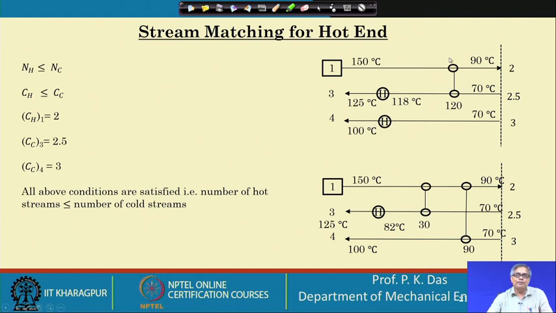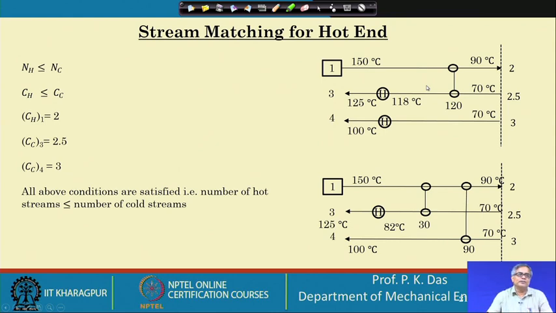So, what can we have? We can have this solution. Between stream 1 and stream 2, we can have a heat exchanger. Here the temperature difference should be 90 and this is 70, that is the pinch point. And then if we know this temperature, we know how much heat transfer can be done, and here we use some sort of a philosophy which is called Teekoff philosophy.